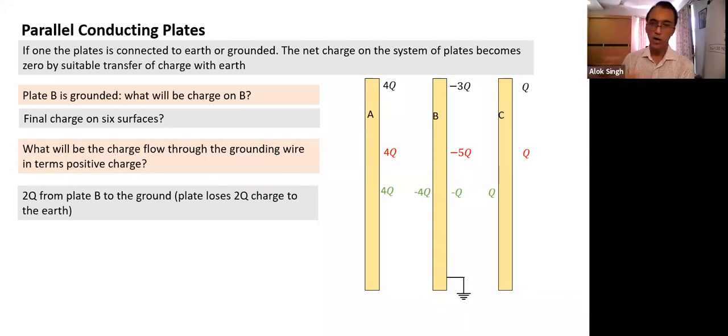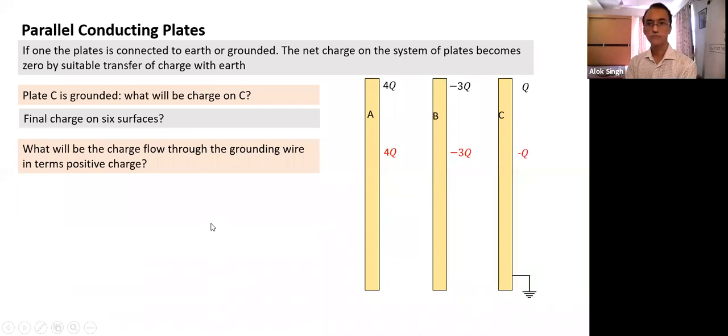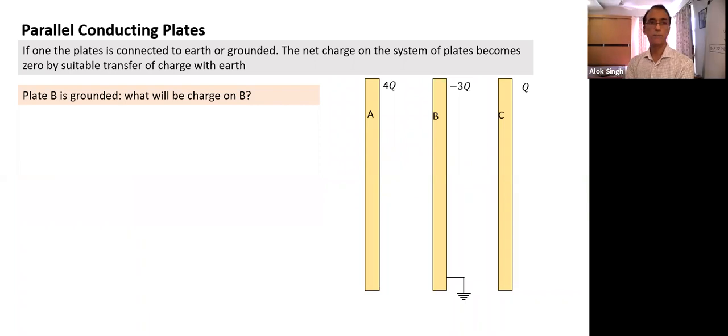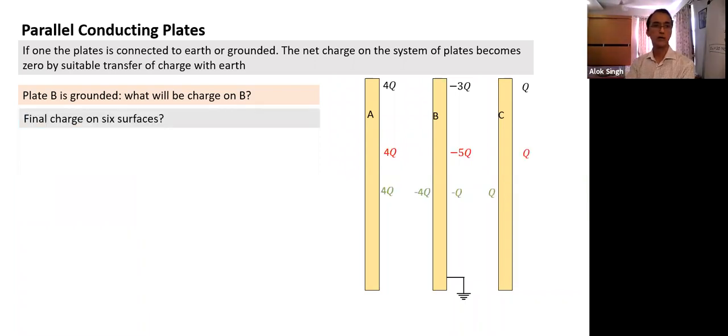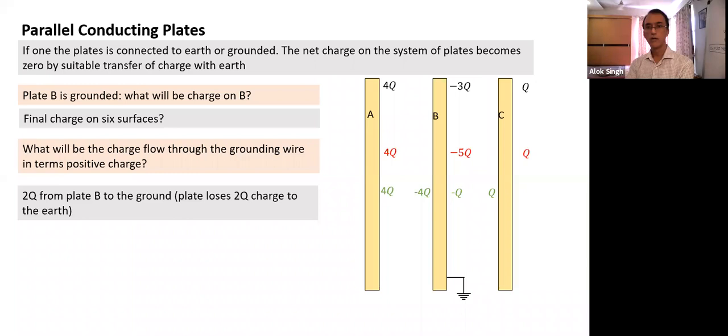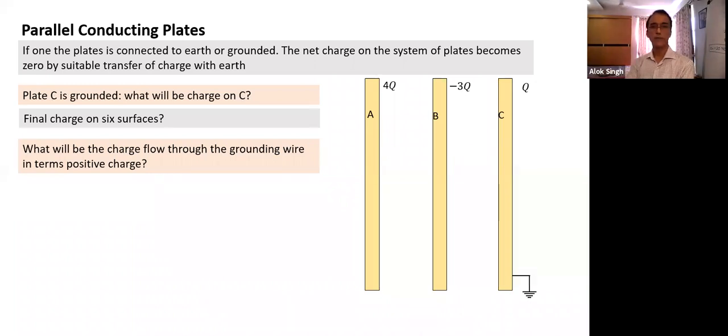Okay, so all of you who are comfortable, you can do all three combinations. You should be able to calculate the potential of plate A, the potential of plate C, and then you can calculate the potential difference between A and C. Okay. Now plate C is grounded. If C is grounded, can you all calculate the charge distribution now?